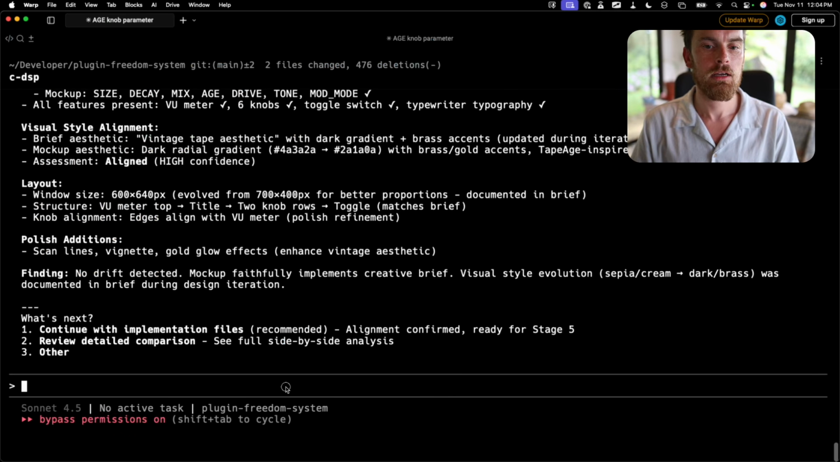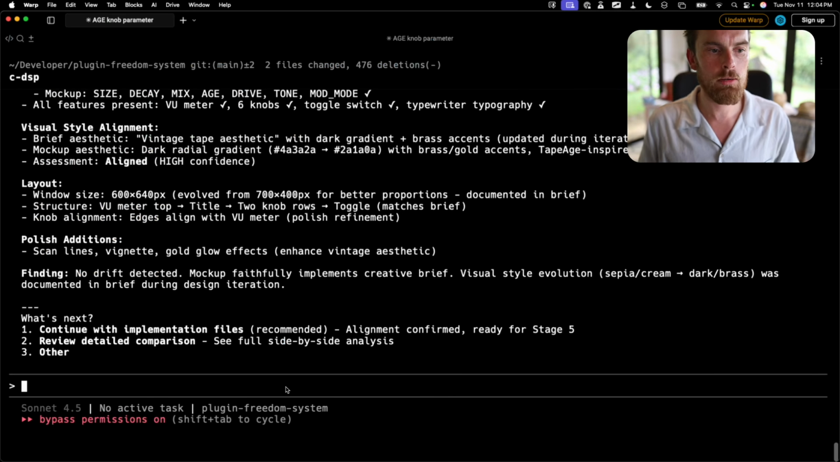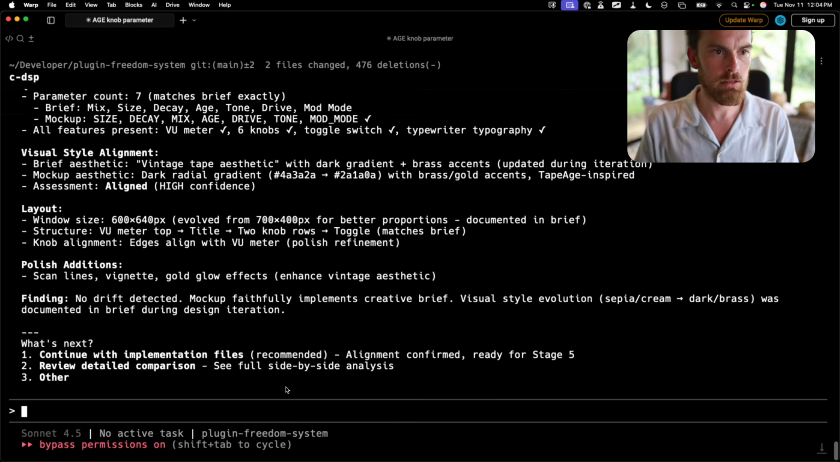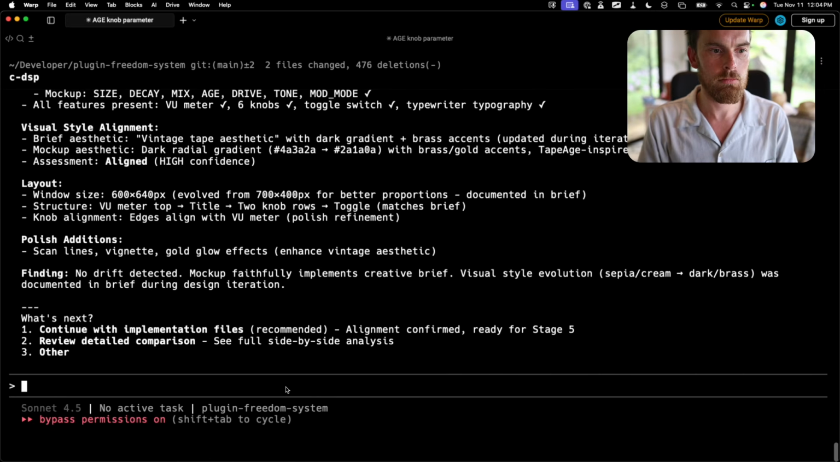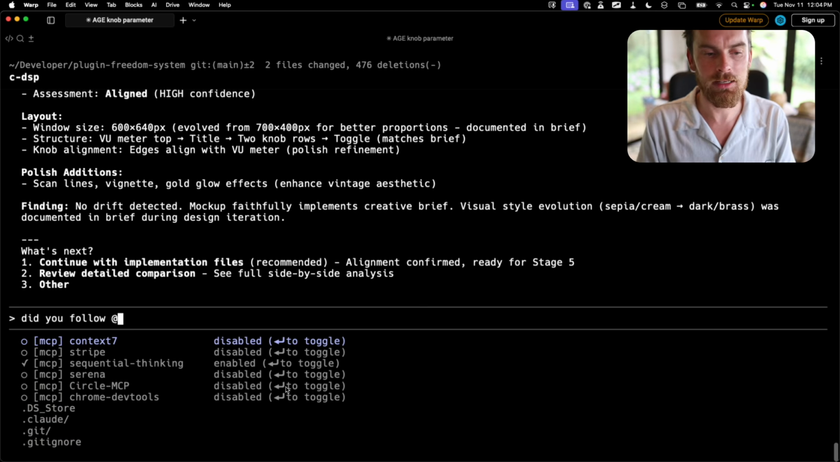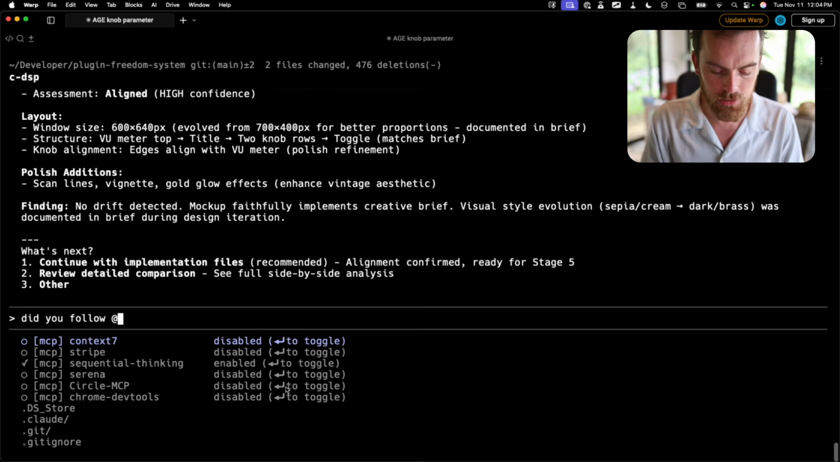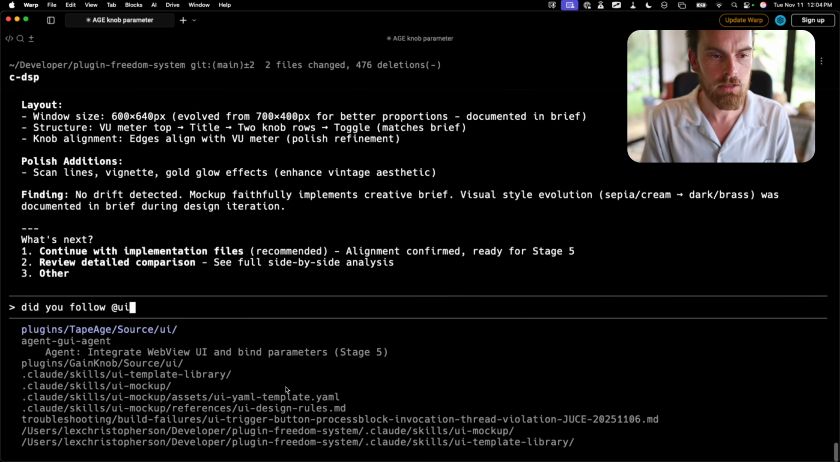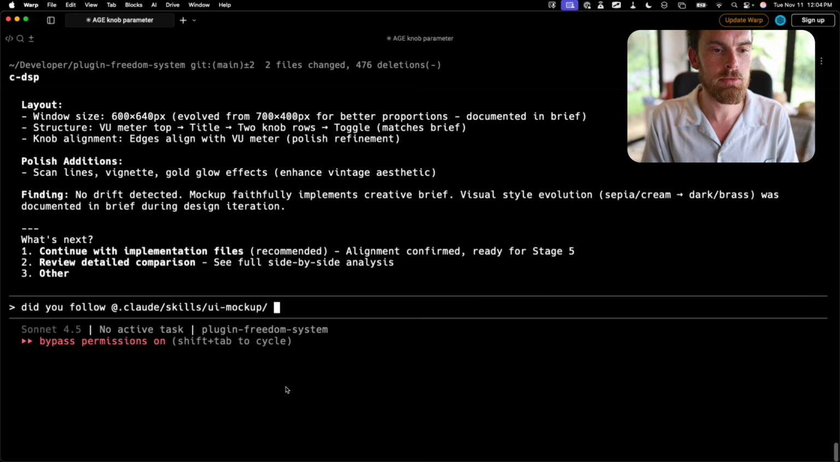This is great. Okay, so what I'm going to now do is I'm actually just going to make sure. I need to make sure, actually. Wait. Did you follow... Again, this is something that will be made concrete in a later version. I just need to still verify that this all works. UI mockup skill, exactly. I.e. committing and creating the